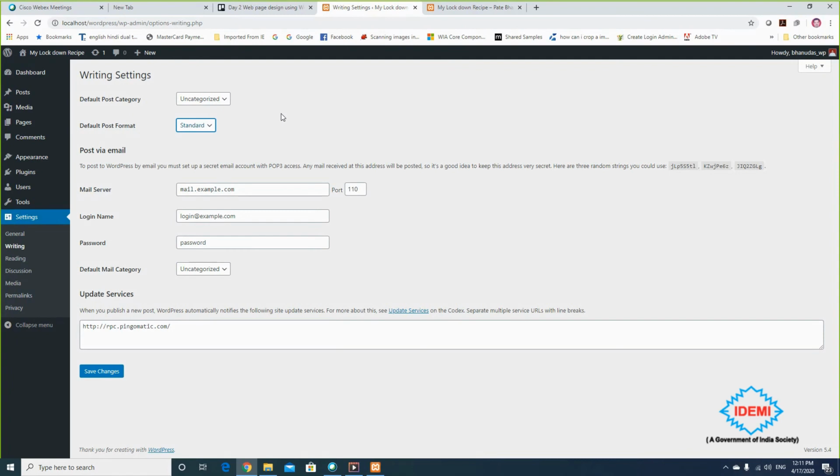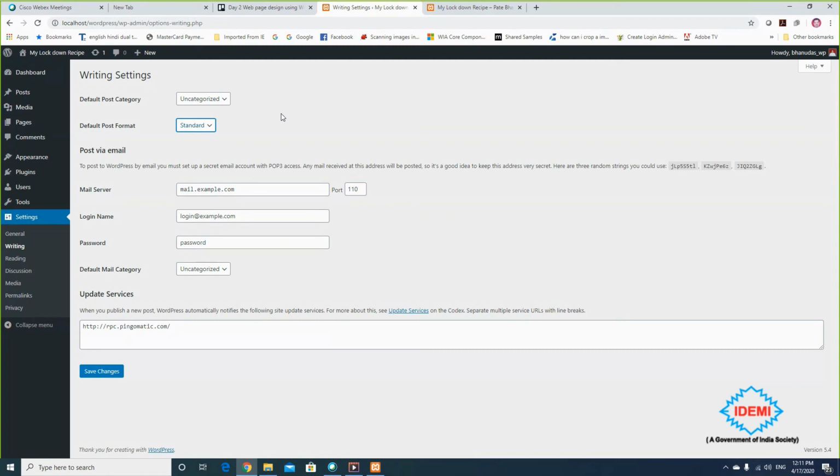So what is this? This is related to people who are participants in your website and are writing a blog for you, and they don't want to log in to your website, and they don't want to copy and paste their content into your website.